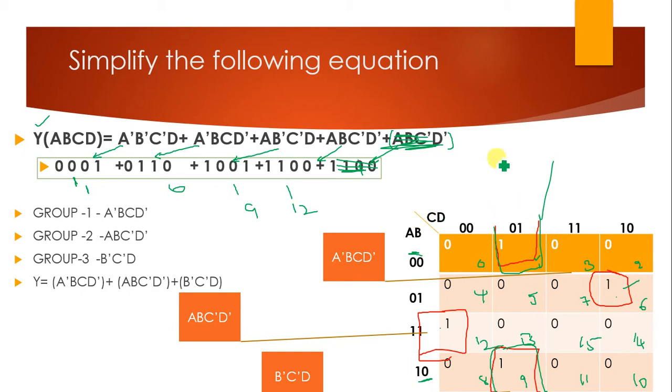The other 2 variables remain the same, that is B dash. The combination will be written as A dash, B dash, C dash and D. 0 1 stands for C dash and D, that is A dash, B dash, C dash and D. Similarly, the next combination is A, B dash, C dash, D. In this combination, A and A dash are changed. Okay, so you remove it. So the output is B dash, C dash and D.